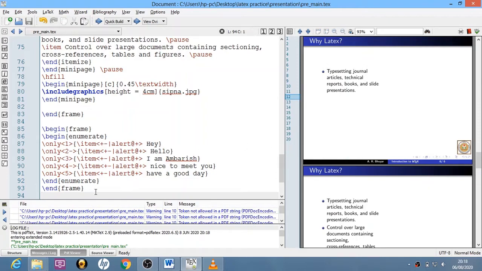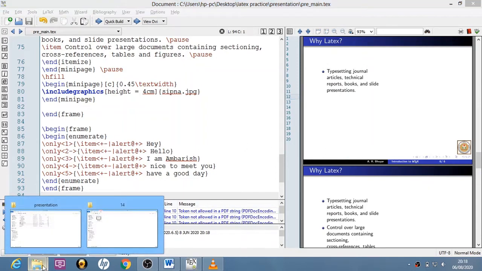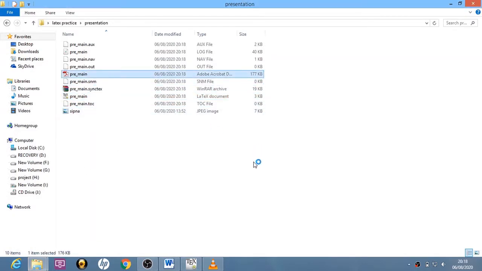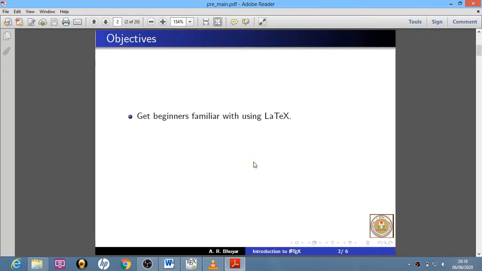Now let us see what results we get. Okay, we will go to our PDF file and let us see.